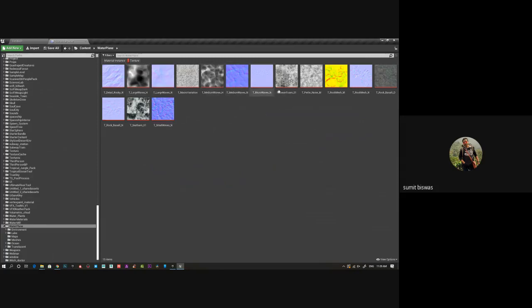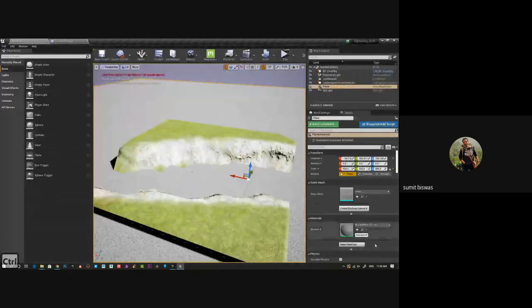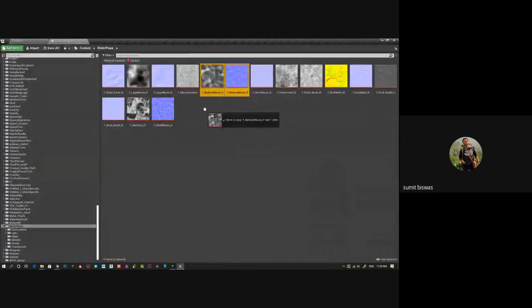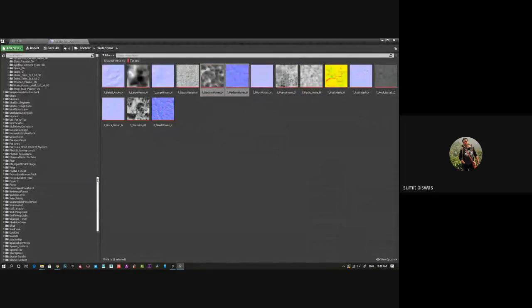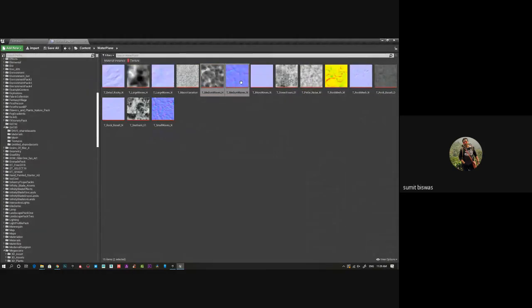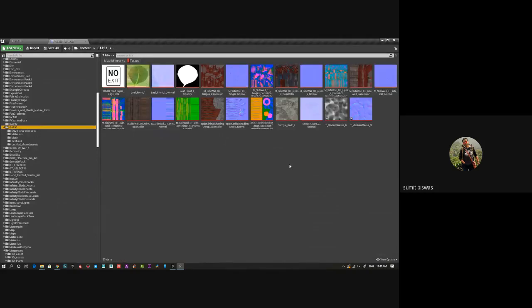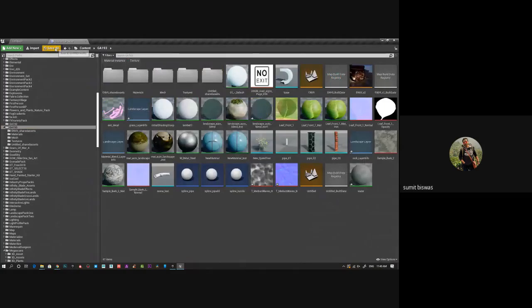Suppose normal, I can just simply connect these two, and I can have multiple colors. So let's go back to my material. I'll just copy these two. These two are here now. So save, save all.